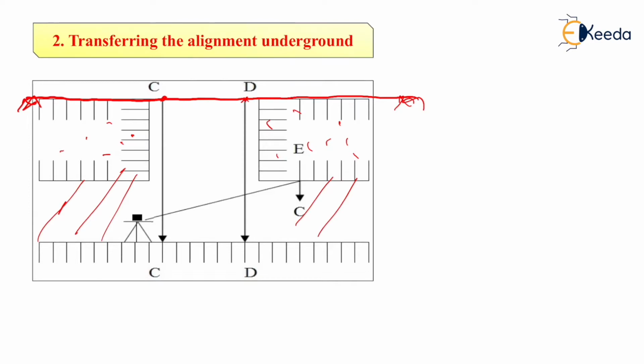For this purpose, we have to fix two timber beams at C and D as shown in the figure, across the top of the shaft near its edges, perpendicular to the direction of the tunnel and as far apart as possible. So take two points C and D, then a thread is set up at a predetermined station on the center line marked on the ground surface, and another station is again on the center line itself. So we have to mark one center line.